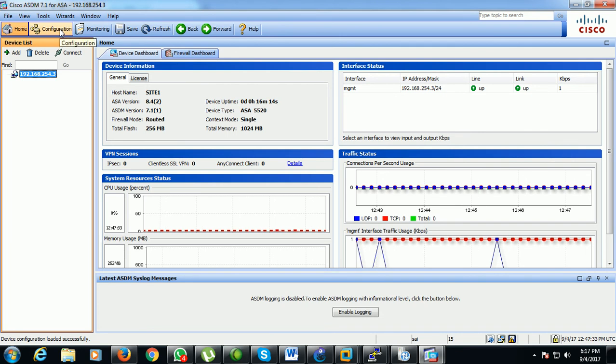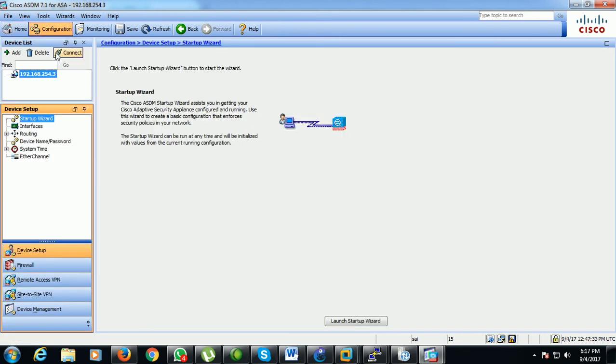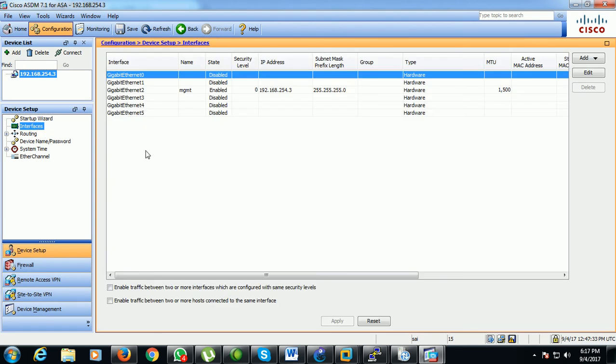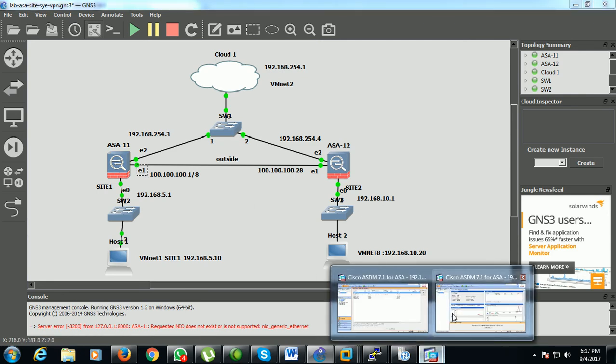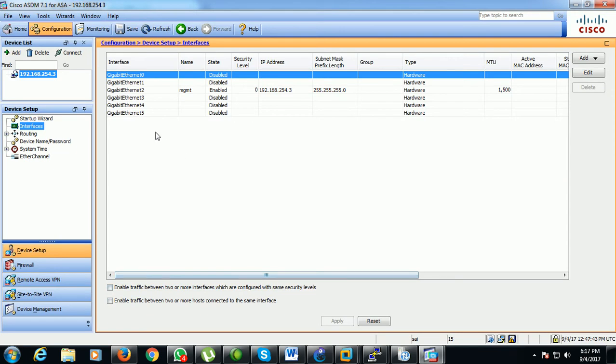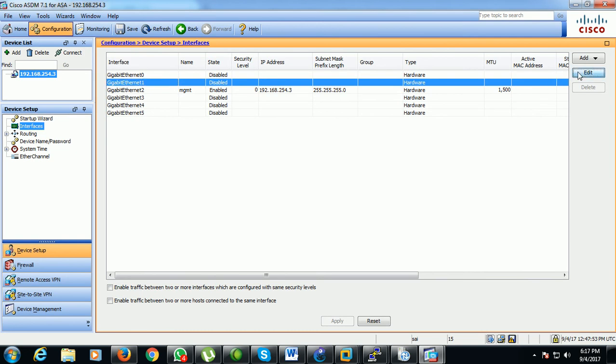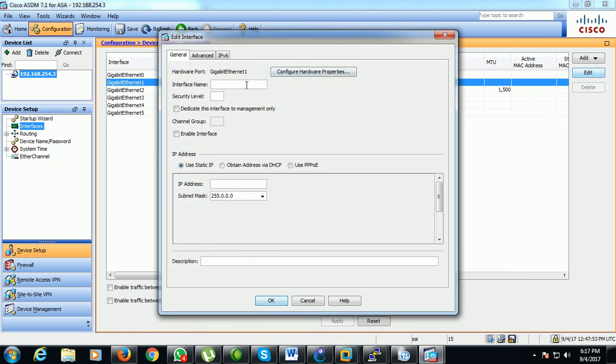The main advantage of the ASDM is to go to configuration and interfaces, and for each interface. G1, E1 is shown here, but actually the interface name is G1. So I'll go for ASA firewall device 1, the G1, edit. I'll configure the interface name as outside, enable, and I'll give the IP address as